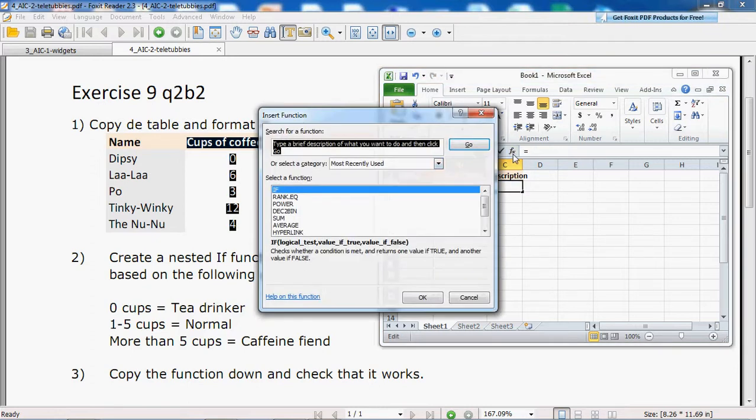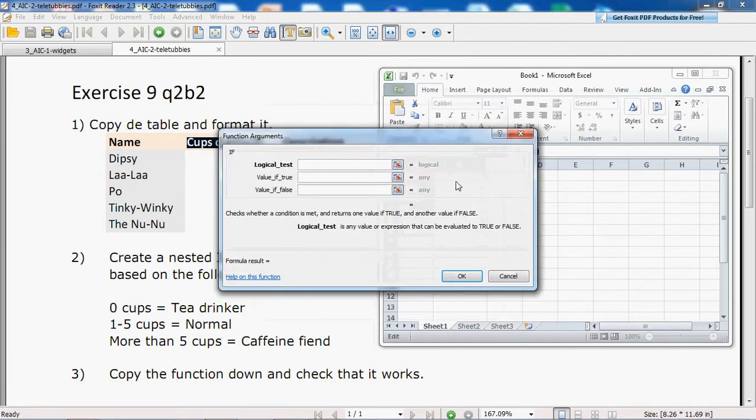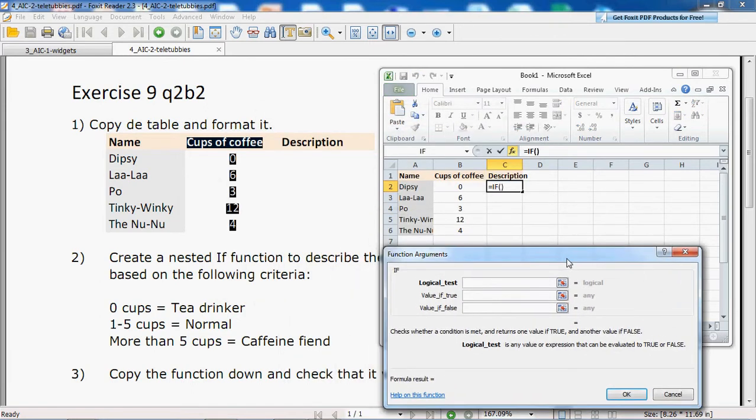So let's get out our if function. Now, what's the if got to say? Well, we have these options down here. So if the number of cups of coffee equals 0, what do we call them? A tea drinker. And if it's false, what do we call them? Normal or caffeine fiend. So since